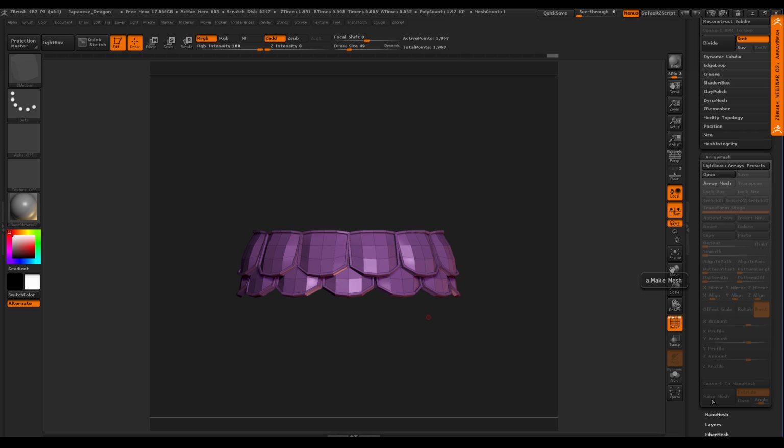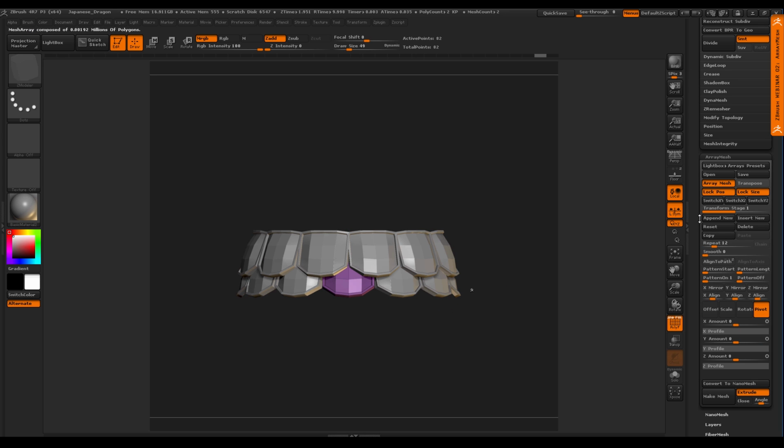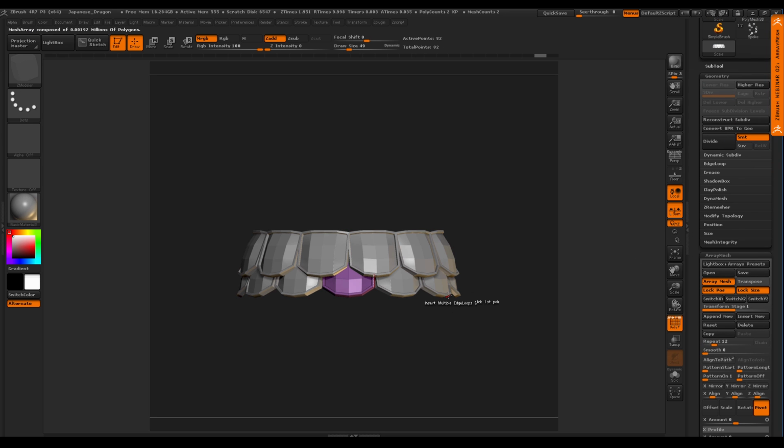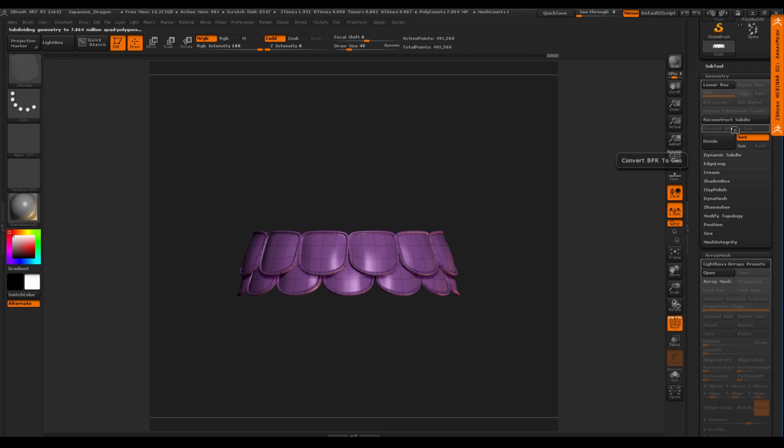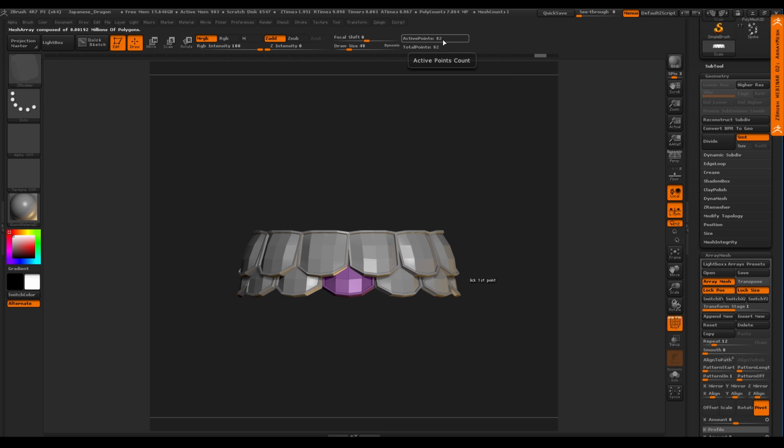And when I wanted to convert it into actual geometry, I didn't want to have to sit there and keep hitting make mesh, make mesh, make mesh. One other thing to keep in mind, everybody: if I turn dynamic on and I convert to geo, it converts the dynamic version. So you're looking at the dynamic version now. I don't want that because I want to turn this into a mesh. Look how high my polygon count is. It's almost 500,000 polygons. That's not what I want.